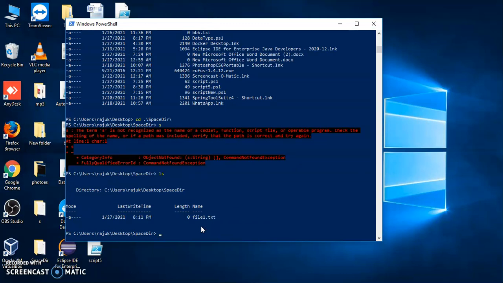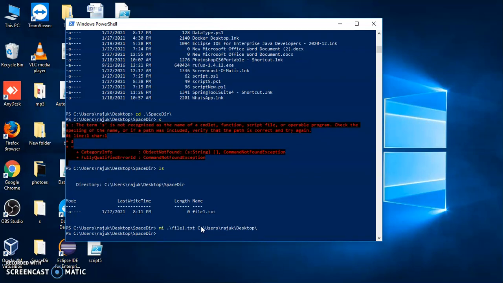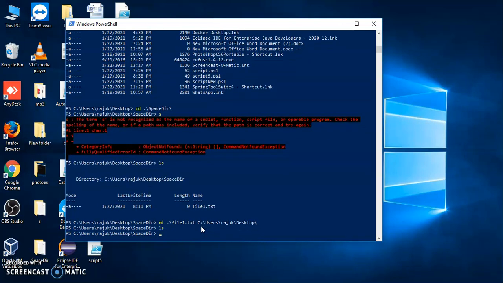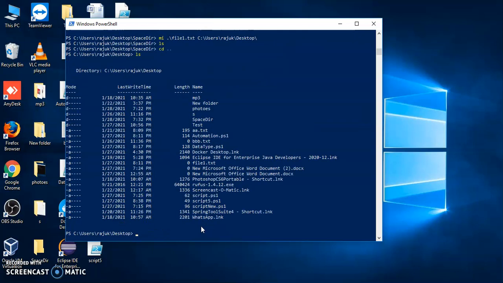Okay, now again we want to move this file to the desktop. We are using the command which we used before. Now we will use ls. After using ls, the file is not there. Now we want to check that file on the desktop. Now we can see the file is here.